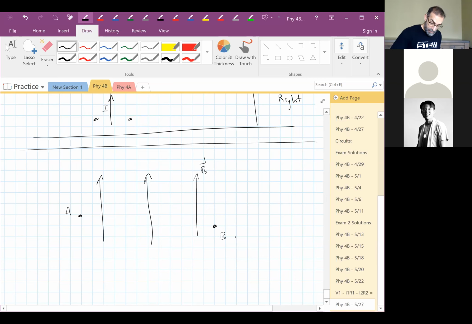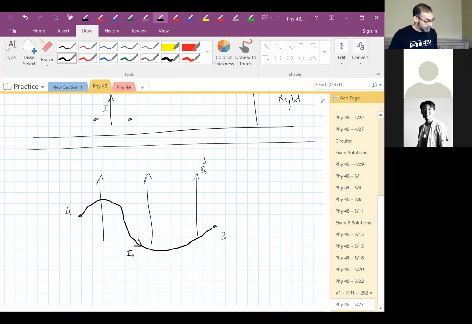And our wire does something like this. What we can do in this case is draw a straight line path